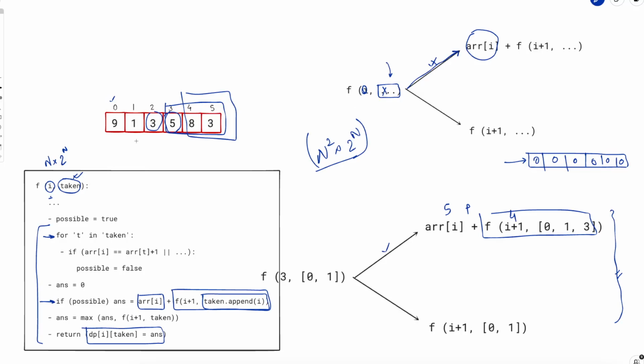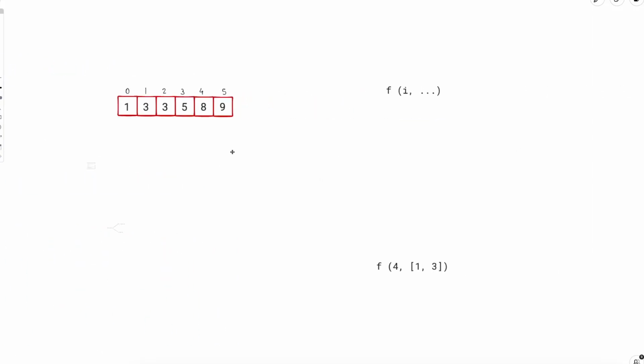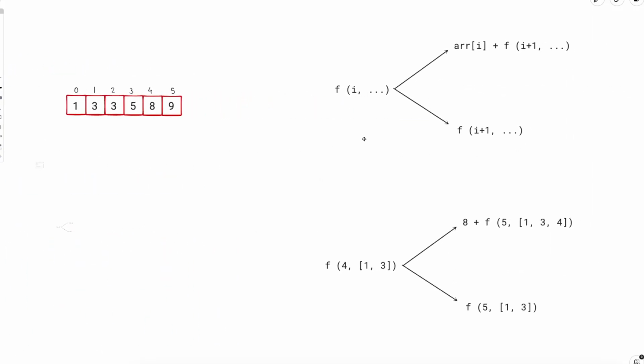But if the elements followed an order, you really don't need to maintain all the elements, and you can simply get away with the last element only, right? So let's look at an example. Let's say we have the exact same array 1 3 3 5 8 9. We just sorted this. Now in this scenario, if we figure out f of 4, assuming that we have taken 1 and 3,